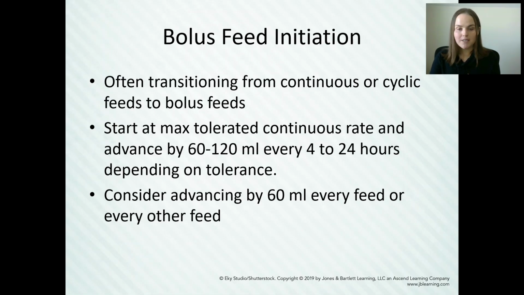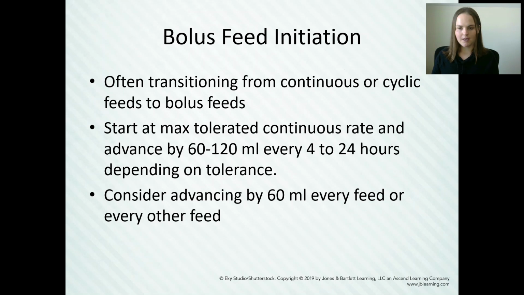As far as bolus feed initiation goes, oftentimes we're transitioning from continuous or cyclic feeds to bolus feeds. Not always, but usually we are. So you can start at their max tolerated continuous rate. So if their goal rate was 85 mils an hour, you could try starting the first bolus feed at that rate. Or if you suspect that they might have some tolerance issues, you can always start it at like 60 or somewhere around there mils, and then advance by 60 to 120 mils every 4 to 24 hours, depending on